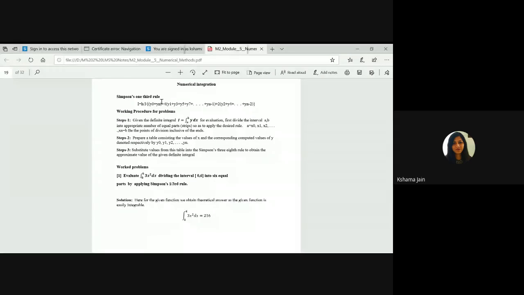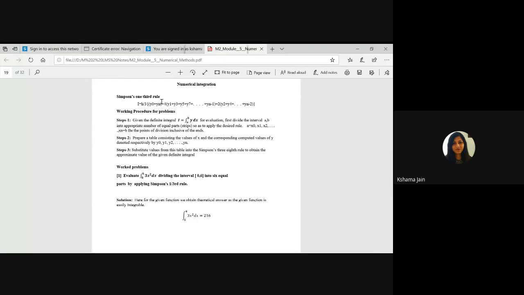All of you just have a quick recap in your mind of the format of integration: the integration sign, limits a to b, meaning lower limit to upper limit, and a function is given. So what we will do is find the gap between them. Suppose the lower limit is a and the upper limit is b. So h I can find by (b minus a) by n, where n is the number of data points. So h will be an equal gap. By taking equal gaps, x1 will be x0 plus h, x2 will be x1 plus h, x3 will be x2 plus h, meaning an equal amount is added.